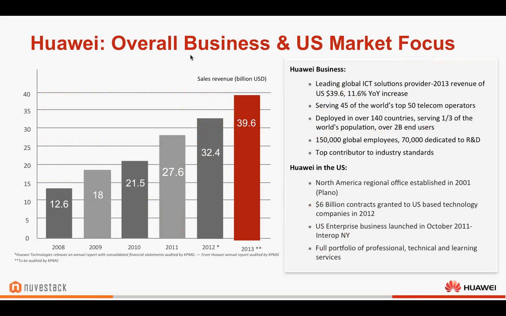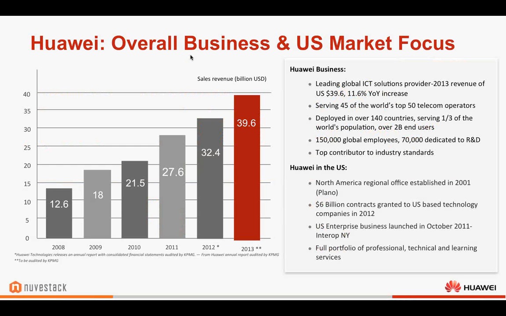So a couple quick housekeeping slides on Huawei. First thing, we just want to kind of set the stage as Huawei. It's a very large company, over $45 billion now. This slide is actually the 2013 number, but we just got the 2014 number. So we're up to $45 billion, a massive global company serving 45 of the world's top 50 telecom operators. We're still working to get a larger footprint in the United States, so you still may run into some people who don't really know the brand that well, but internationally, we're definitely extremely well known.